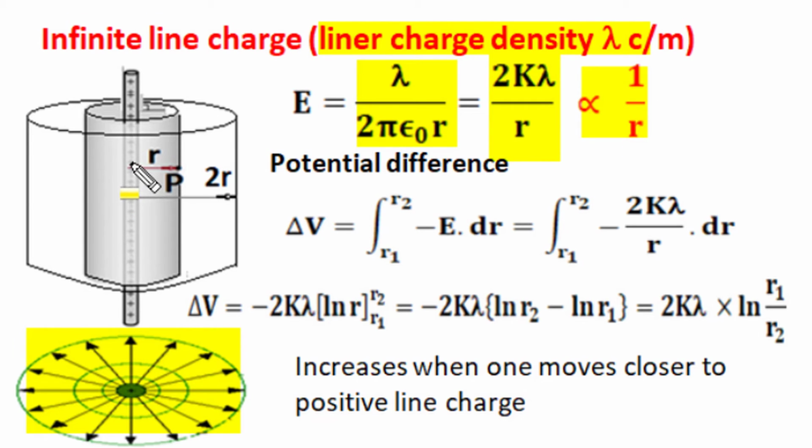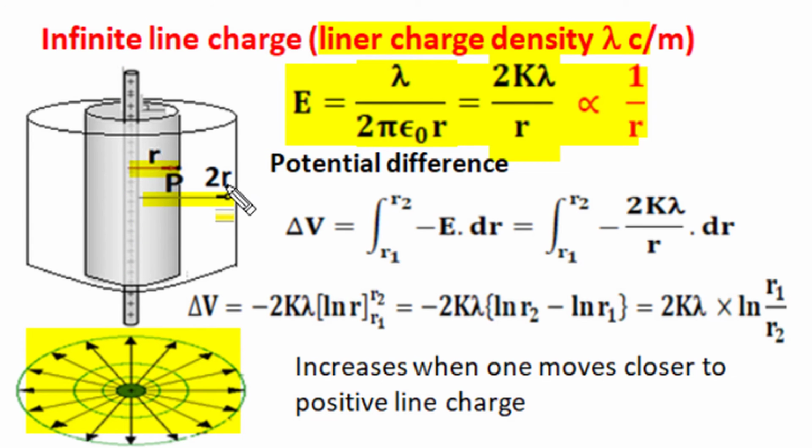this can be confirmed as we have two cylinders, one of radius r and the second of radius 2r, of the same length. Then both enclose the same amount of charge, so both will have the same amount of flux, but the surface area of this 2r radius cylinder is 2 times that of the inner cylinder, so flux density becomes half at 2r distance. So the intensity of electric field becomes half at 2r distance, and is an inverse function of radial distance from the axis of the line charge. The same electric field will result if this line charge is a cylinder with linear charge density lambda coulomb per meter, and these distances are measured from the axis of that cylindrical charge distribution.